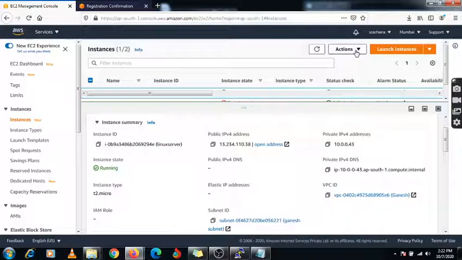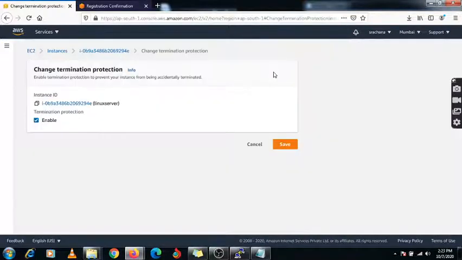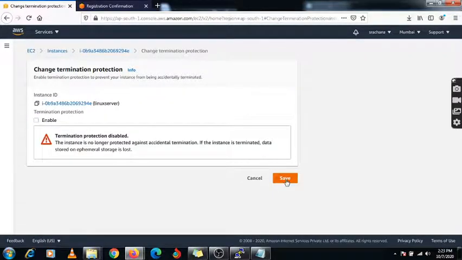Yeah, here are the options if you want to disable that protection. In Action there is the option Instance settings, and in Instance settings there is the option Change termination protection. Here you can disable it, so just untick the enable option and disable it.